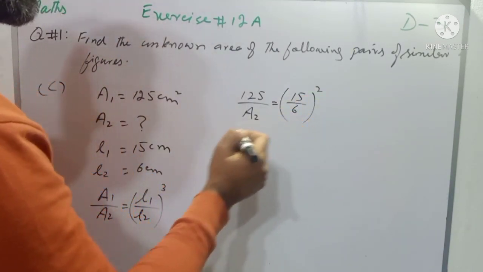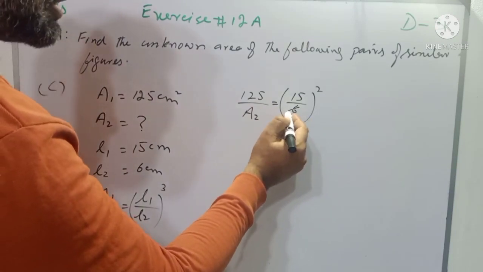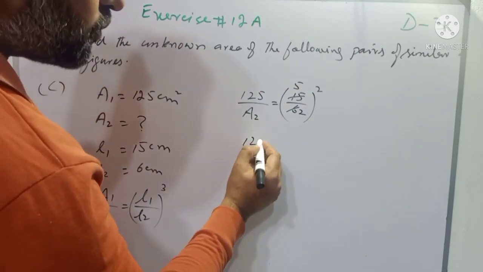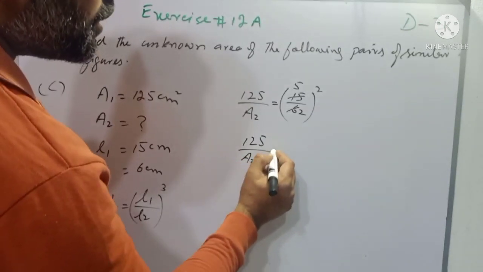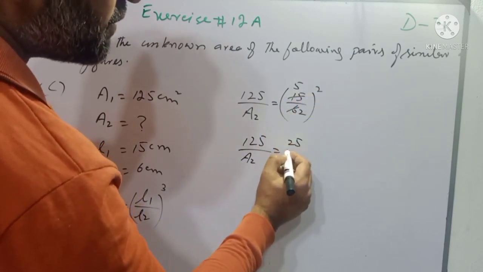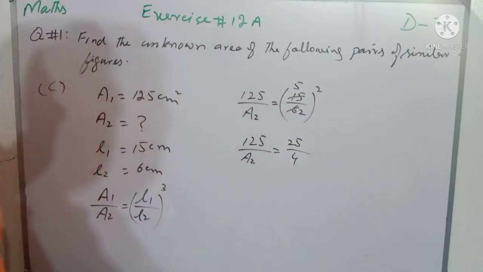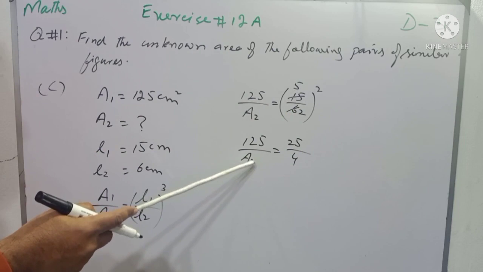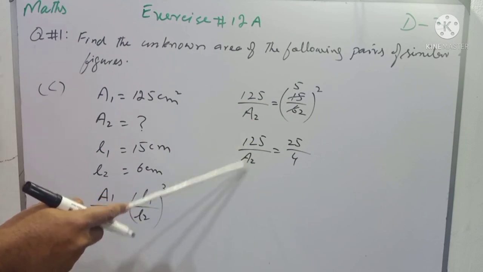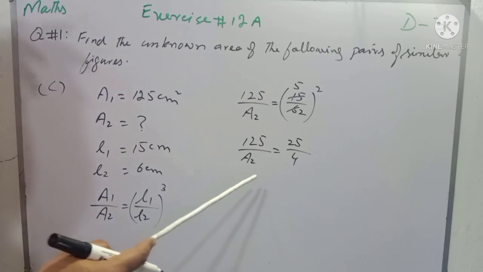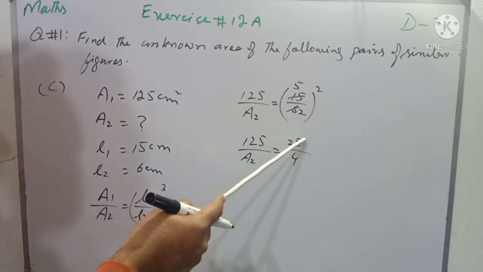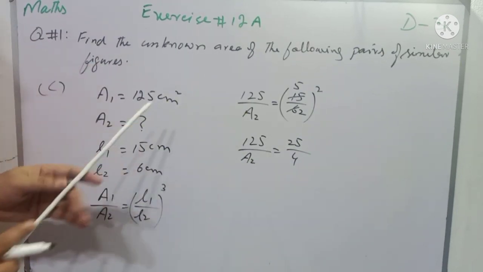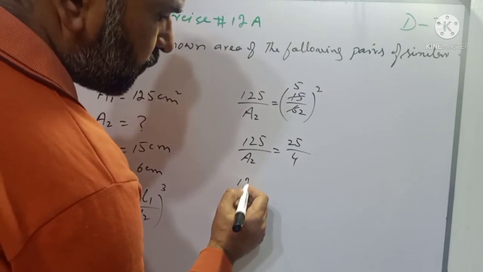Now students 15 and 6 can be cancelled with the table of 3, 3 2s are 6 and 3 5s are 15, and it will be 125 over A2 is equal to 5 square mean 25 and 2 square mean 4. Now students, as we have to find the value of A2 and A2 is denominator on left side, so we will do cross multiplication. Cross multiplication mean कि लेफ्ट साइड का जो डिनोमिनेटर है वो राइट साइड के न्यूमरेटर से और राइट साइड का जो डिनोमिनेटर है वो लेफ्ट साइड के न्यूमरेटर से मल्टीप्लाई करेगा।